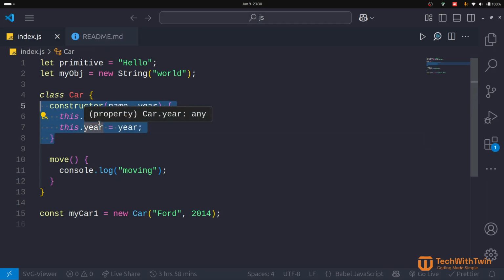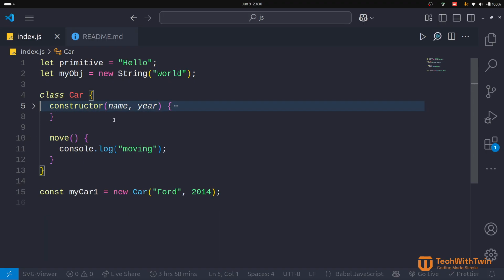A constructor is what helps us to construct itself. So whenever we use this class, we might need to pass in data. Like you can see this car, we created a Ford of 2014. So these values we pass here are like arguments to a function, are what are passed to the constructor to initialize it. So just think about the constructor as just setting the ground. Getting our feet into the water and feeling the warmth. So don't worry about the constructor, but basically what the constructor does is to grab in whatever is passed in here and initialize it so that all the other functions, all the other stuff that are declared inside the class